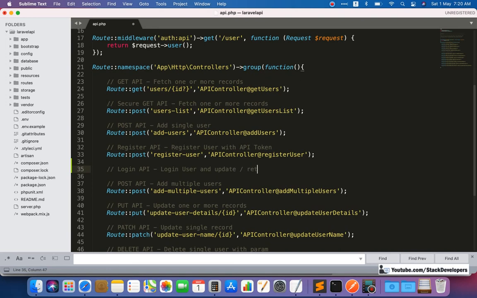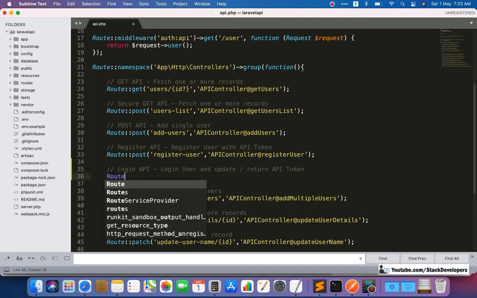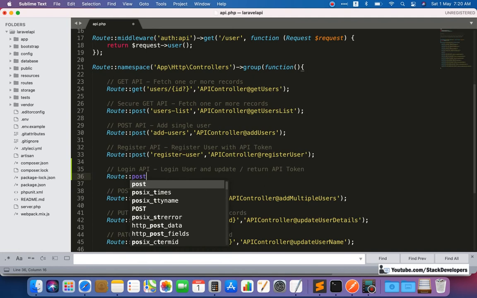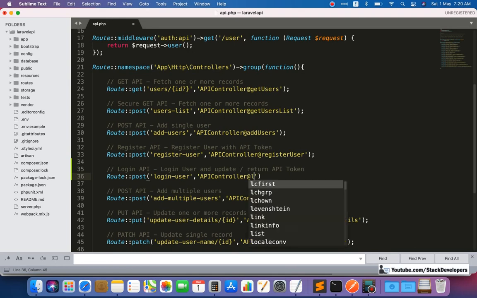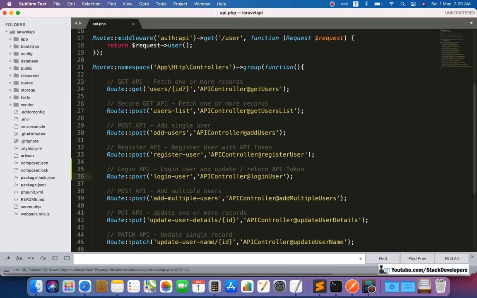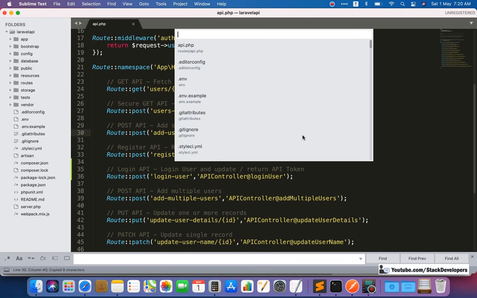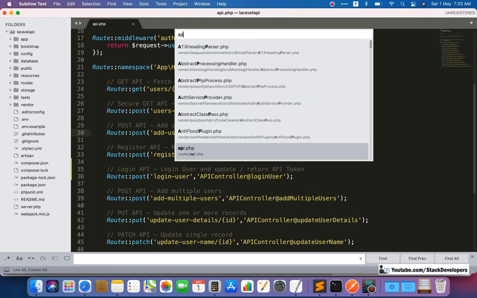Okay, update and return API token with this API. So we are going to generate the post API once again, and here it will be login user, and it will be APIController@loginUser, like this. We are going to create this loginUser function in the APIController.